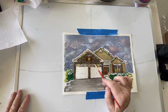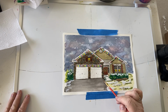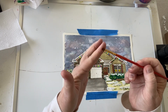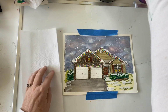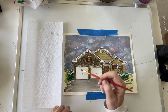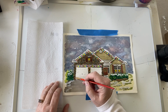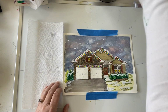Okay, so this is the area. It's all stone, and I've just made it a little bit too dark. So what I'm going to do, this is an acrylic brush. It's not a watercolor brush, and it's a little bit stiff. I'm going to wet my brush, take just a little bit of the water off, and then carefully reapply some of the water onto the painting. And then I'm brushing it onto a dry paper towel,